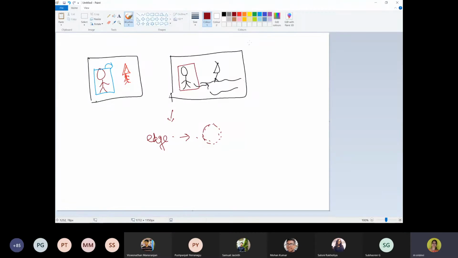When we represent this, for better understanding, I am representing this in the form of intensity values. Each and every image you can represent in the form of a function f of x y, where x y is the pixel location and f of x y contains the intensity value of the image. Let us take a grayscale image. Its range is from 0 to 255 values.